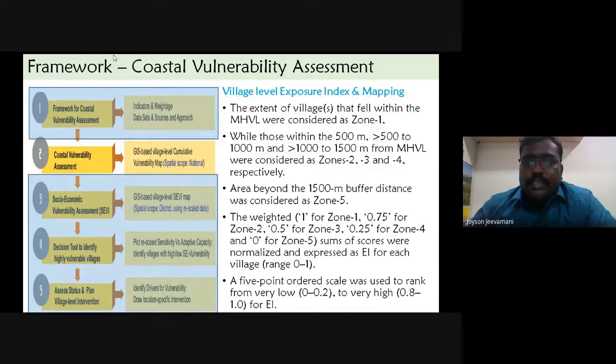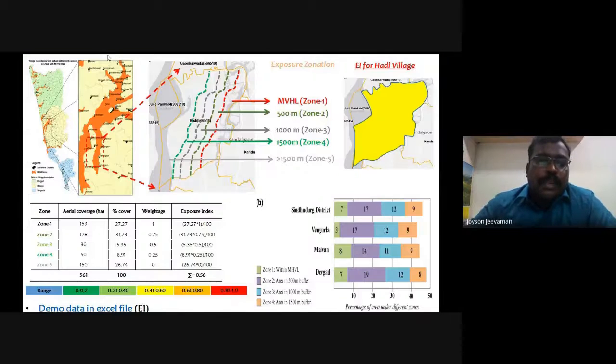For Sindhudurg district MHVM, we have drawn further lines like buffer lines, 500 meter, 1000 meter, 1000 to 1500 meter. These are all segregated into different zones, which I will explain now. See here, I can show you. This is the MHVM zone. The red one is the multi-hazard map. I have zoomed to a particular location here. The main red color patches zone of the village area we will determine from the map,